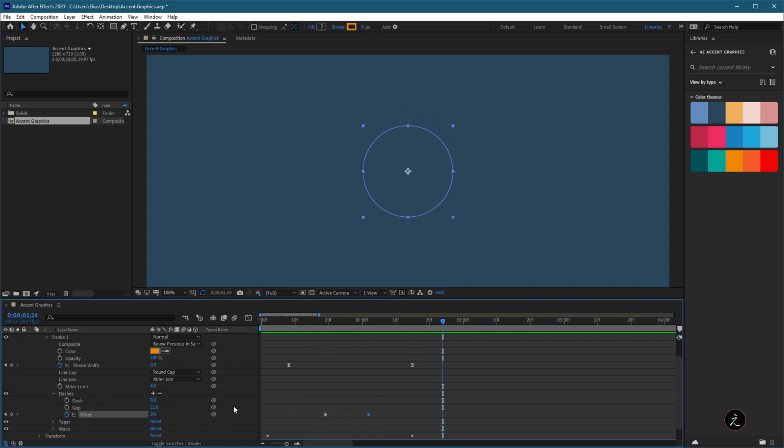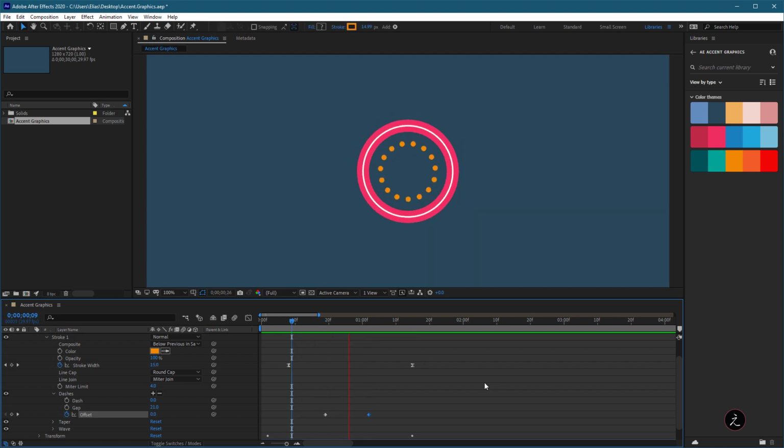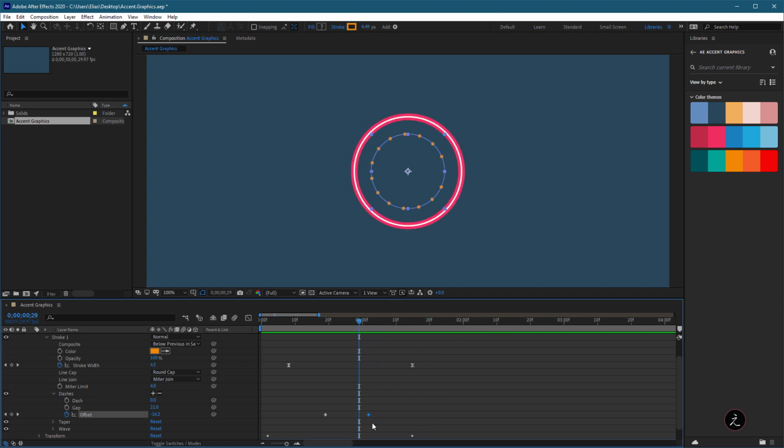Yeah, it's the opposite. So I'm going to press the letter J and this is going to be 0. And the next keyframe, it will be set to minus 21. All right, so let's run preview this. This is exactly what I was going for. Now, the thing is that the animation here, it needs to extend, not beyond here, of course. So let's run preview this. Perfect. See that?